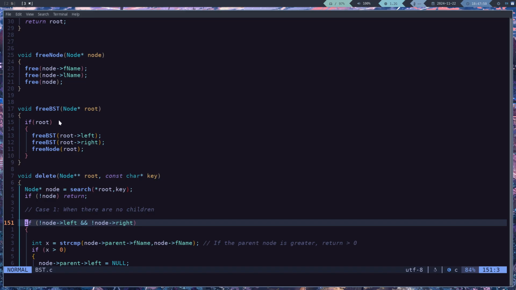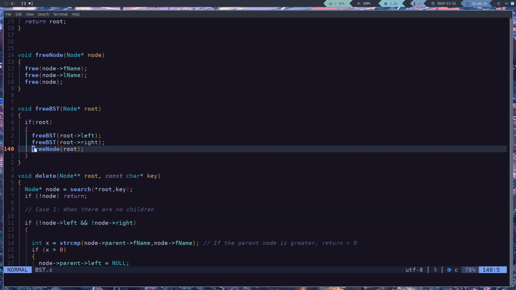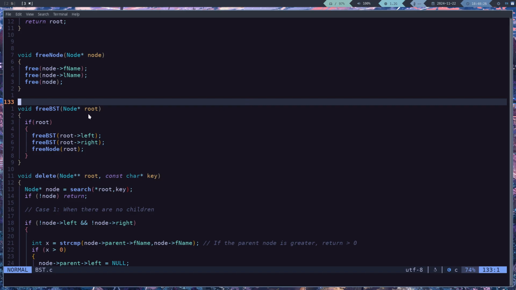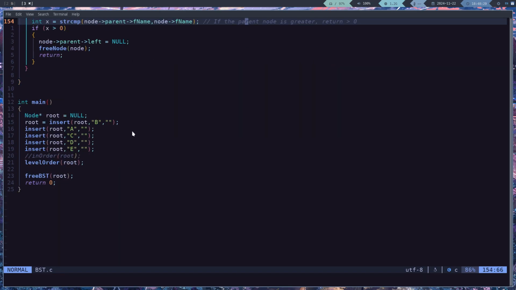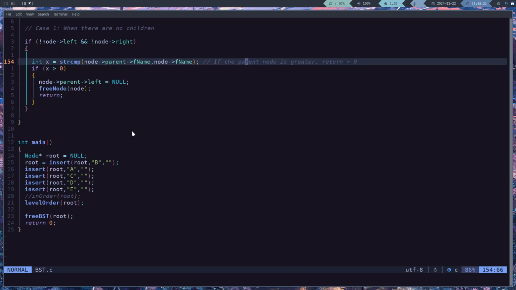So what's going to happen, right? Very much as with our in-order traversal, it's going to come all the way down to the left, and then it's going to encounter a case where the root is null. It's going to throw that back to the caller, and then it's going to go to the right, and then traverse whatever is to the right of that subtree. And then it's going to eventually make its way up back. And then once it's done with left and right subtree, then you free that node. Yeah. So that makes quite a bit of sense to me. So this should be working fine now. Okay. So we can come back peacefully to our